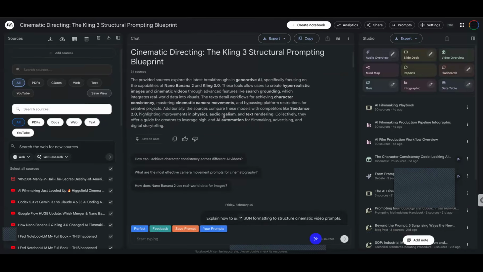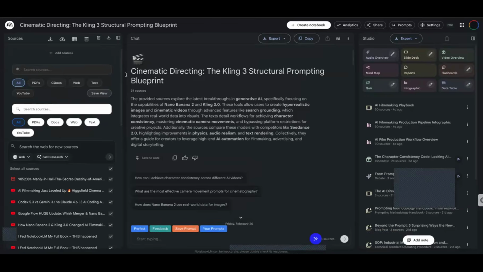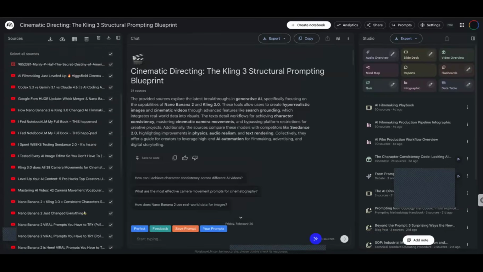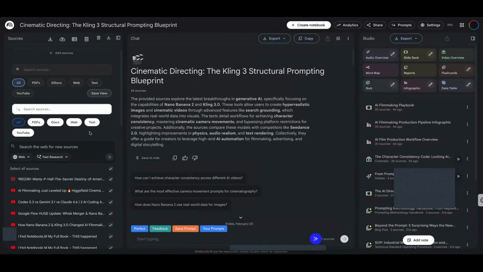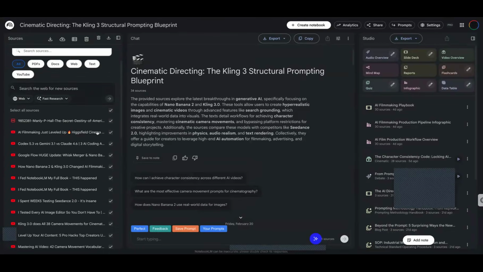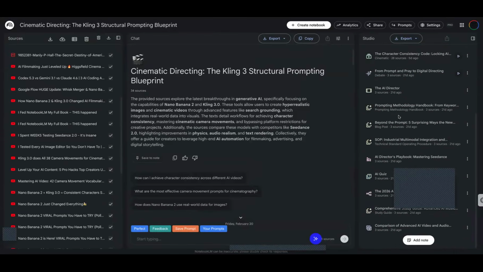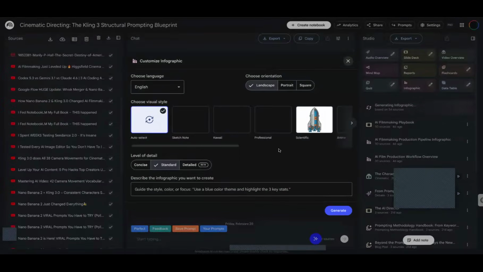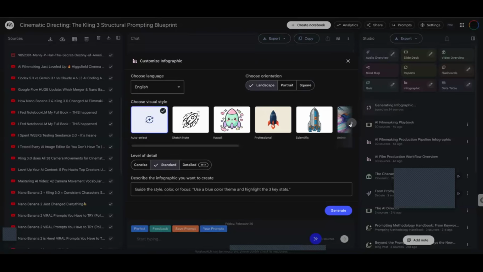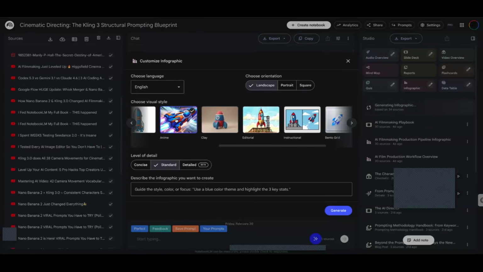This is a notebook on cinematic directing, right? I have, give or take, maybe 40 sources, but I'm able to extract. I'm learning so much from just extracting all of this information. I'm extracting information from my sources, and I'm able to make now, oh, boo, claymation. I'm able to make all of these different